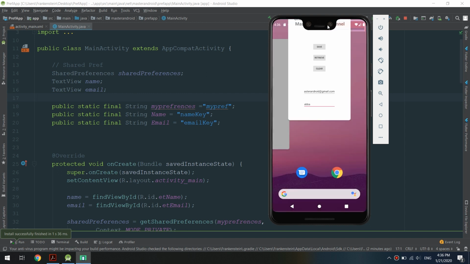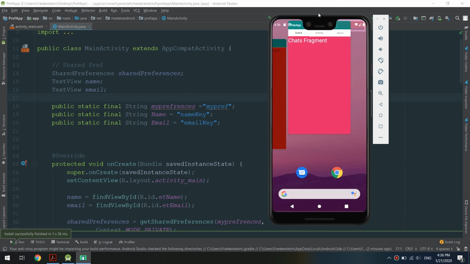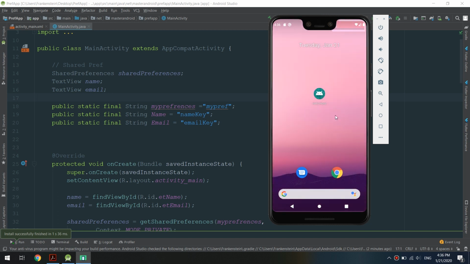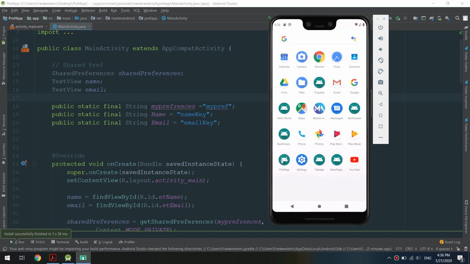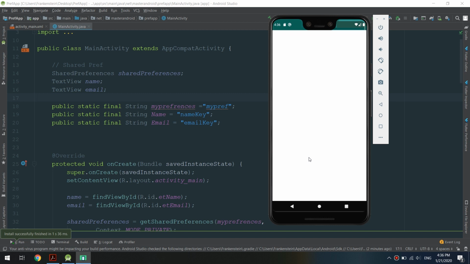And we will learn how to create an app that stores, receive and delete data inside our apps using shared